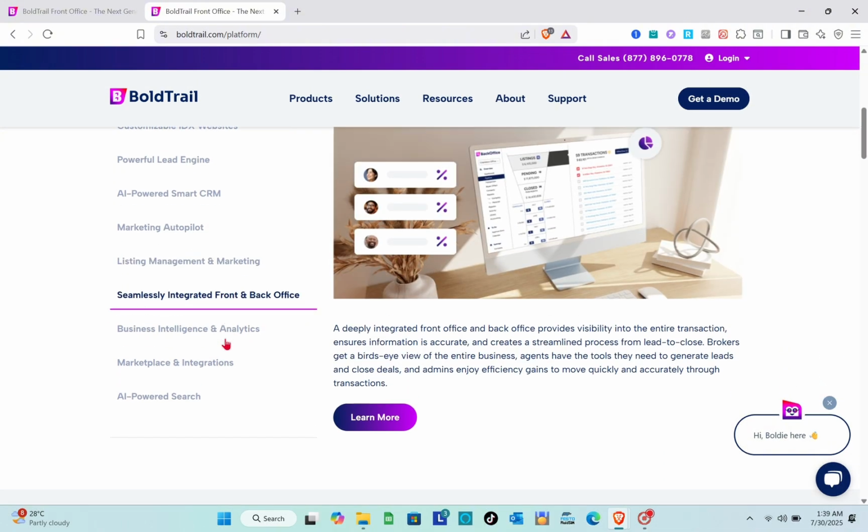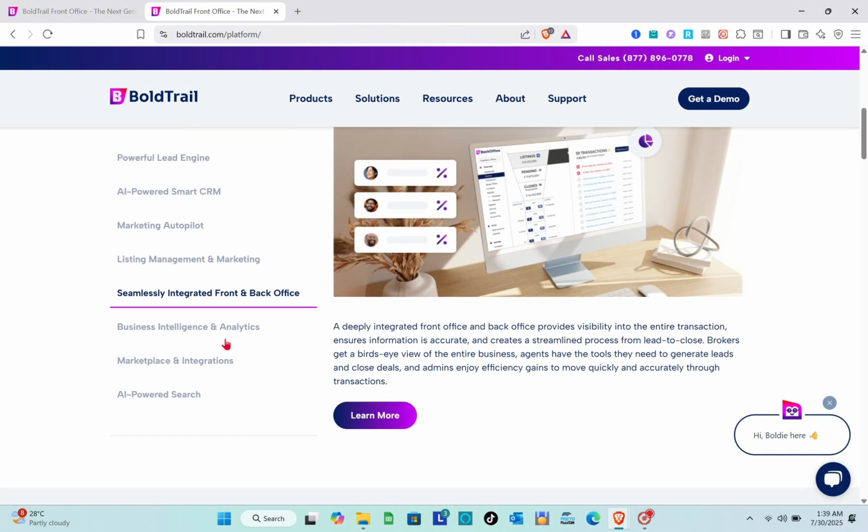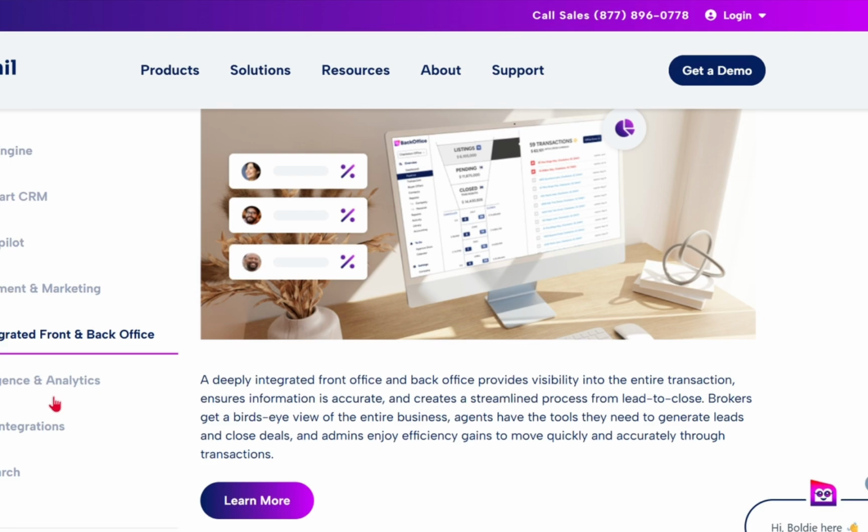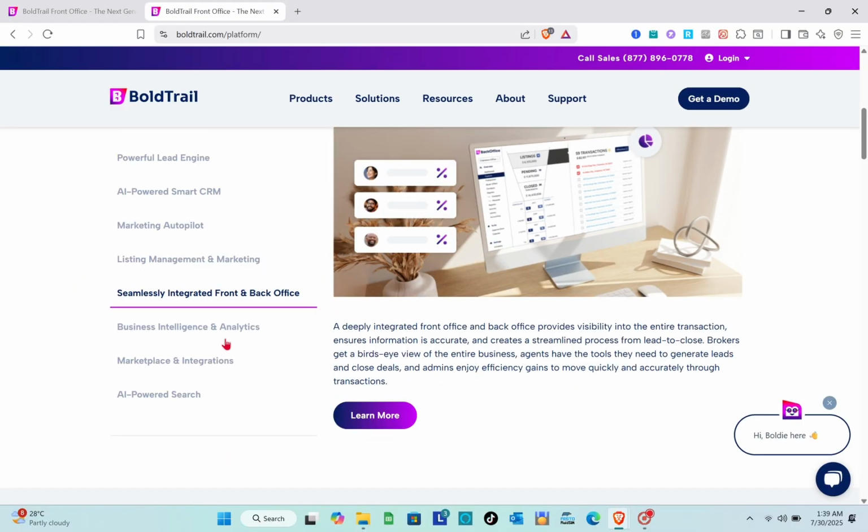Next, seamless integrated front and back office. So deeply integrated front office and back office provides visibility into the entire transaction, ensures information is accurate, and creates a streamlined process from lead to close so brokers get a bird's eye view of the entire business. Agents have the tools they need to generate leads and close deals, and admins enjoy efficiency gains to move quickly